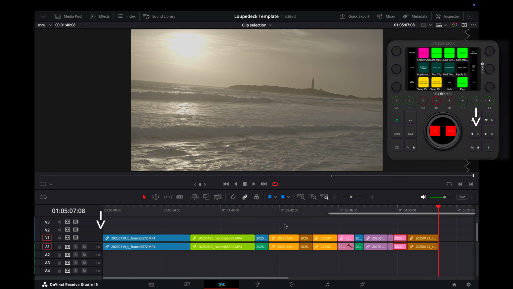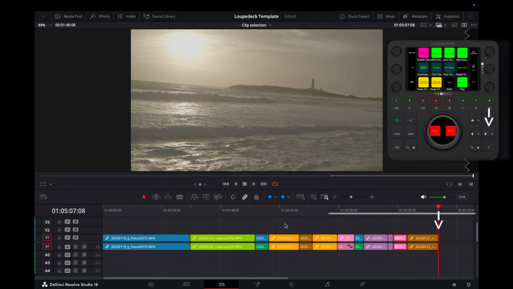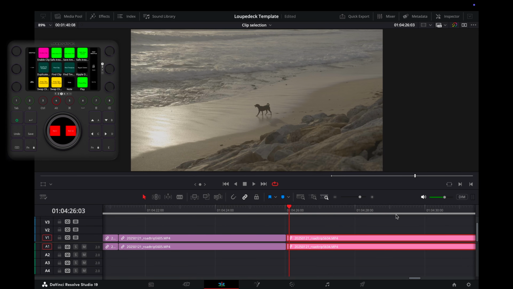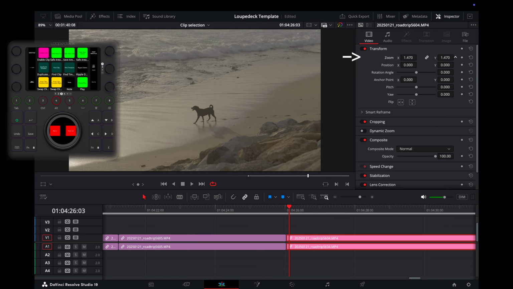Arrow to the left, jump to the start of your project. Arrow to the right, jump to the end of your project. So let's say you created an effect, like zooming in on a clip, and you want to apply this to